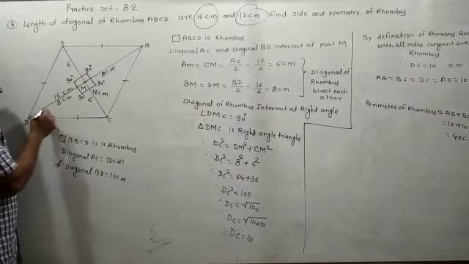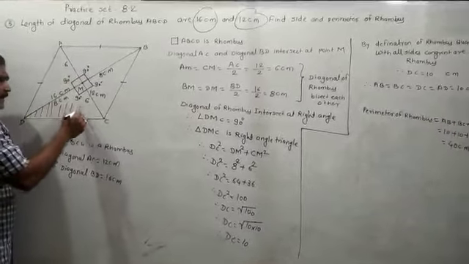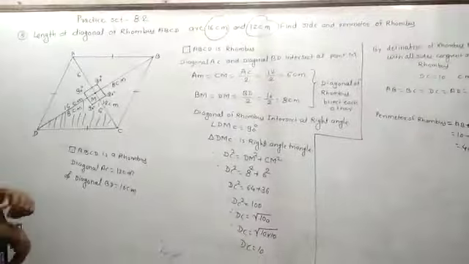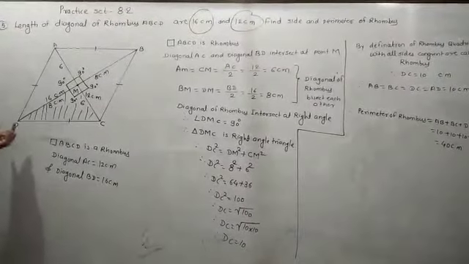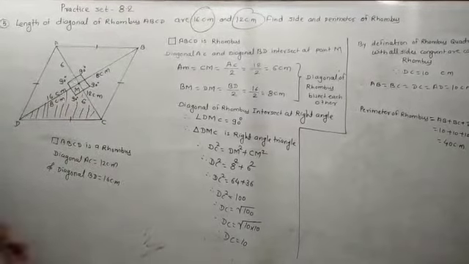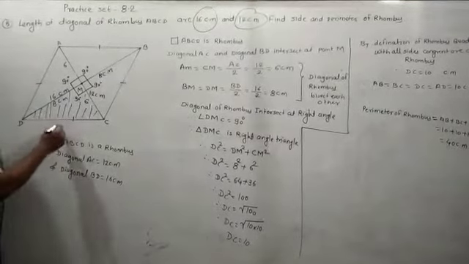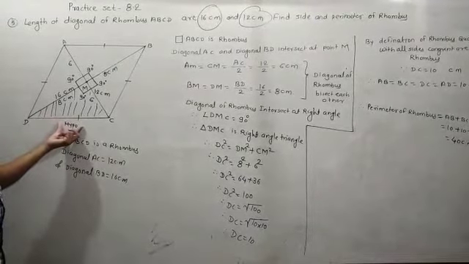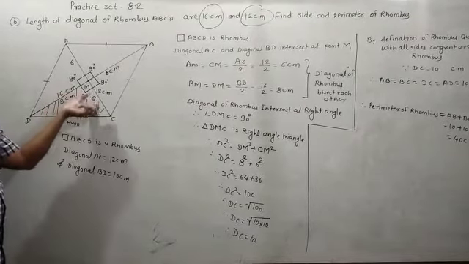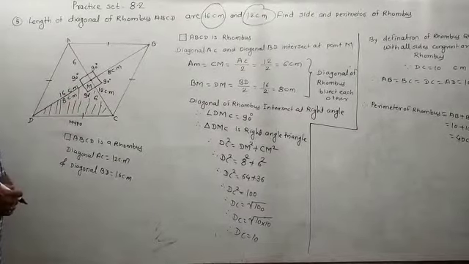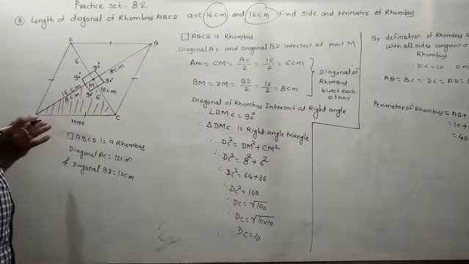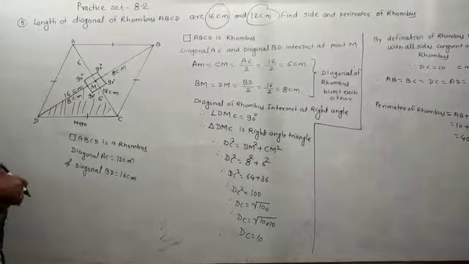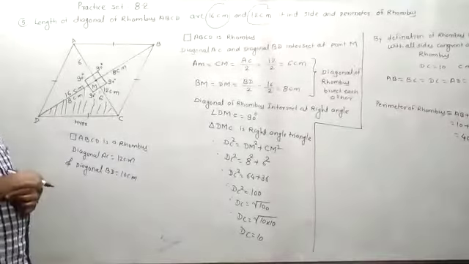If you take this triangle and utilize the Pythagoras theorem, at that time it is very easy to find out the side DC. So I will consider this triangle DMC. Here the side opposite to the right angle is the hypotenuse. I will say that this is the hypotenuse. And if you want to find the hypotenuse, at that time hypotenuse square is equal to 16 square plus 12 square, you have to utilize and solve the example. So I only gave the idea about this example, how you have to solve it. Step by step you have to implement all the properties and solve the example.